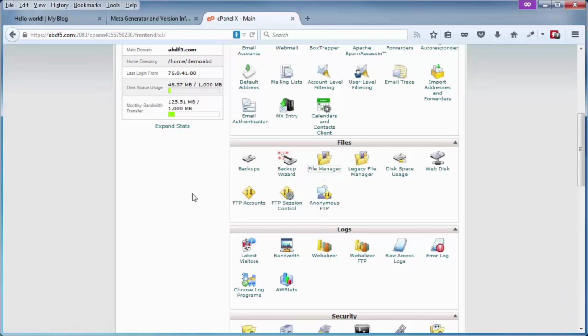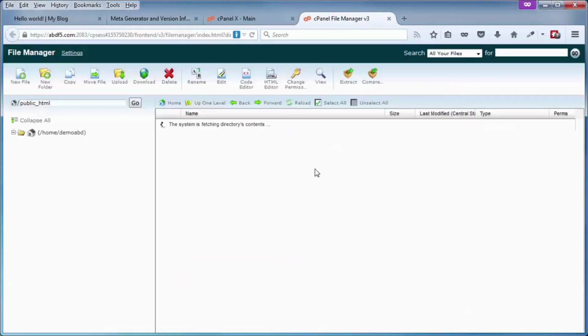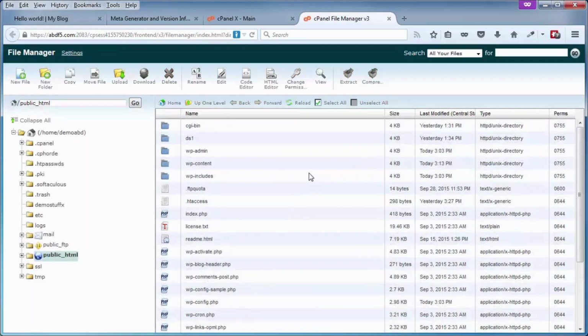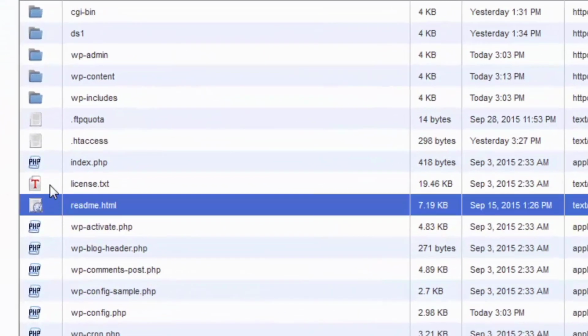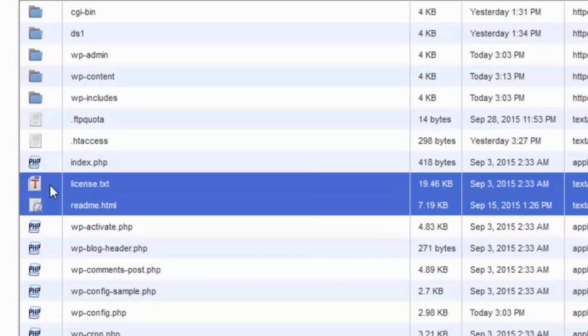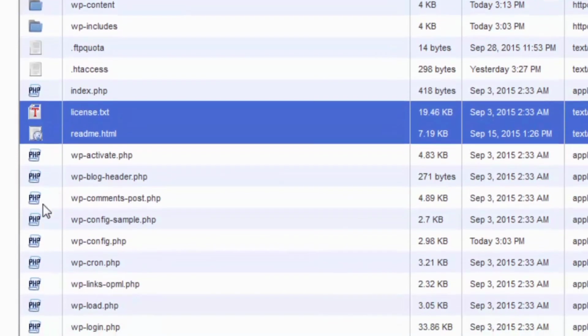So I'm doing this in the cPanel control panel under the file manager. You can do the same thing through an FTP client, but we log into the root directory of our WordPress site, and there's a couple of files right here, the README and the license. And I select one, hold the control key down on my keyboard to select multiple files. And if you still have it, get rid of it, that being the